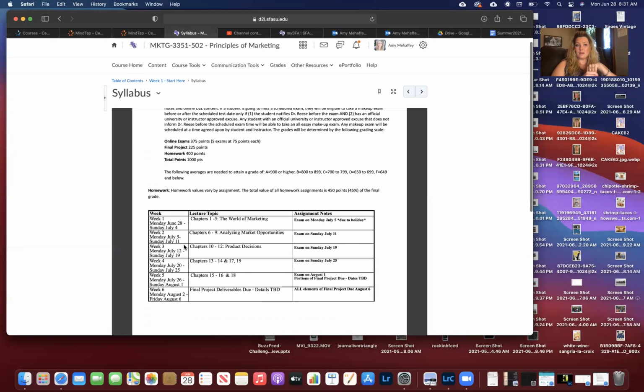So you'll have 5 exams that are each worth 75 points. At the end, you'll see these chapters are kind of in a funny order here. That's by design. So we'll go straight through to chapter 14, and then I'm going to throw 17 and 19 in there